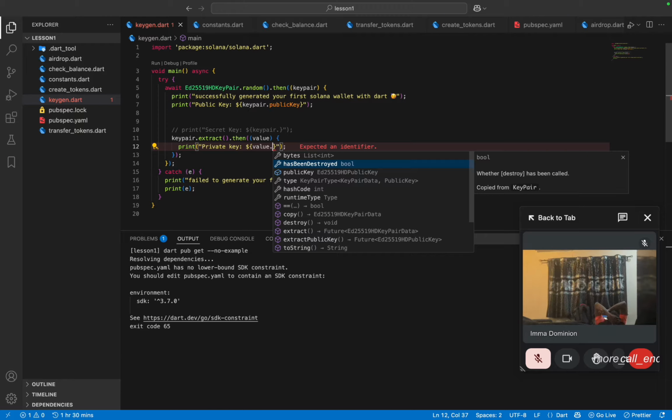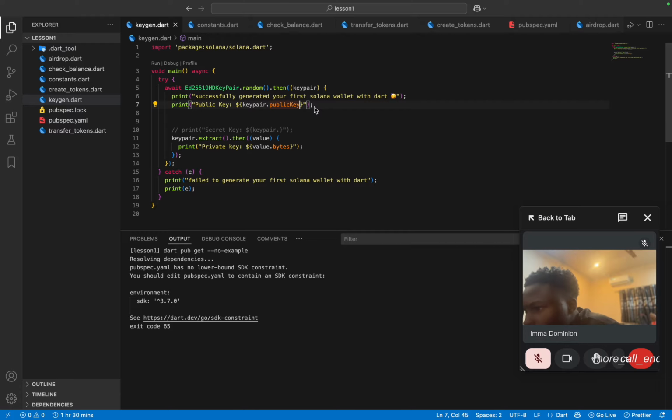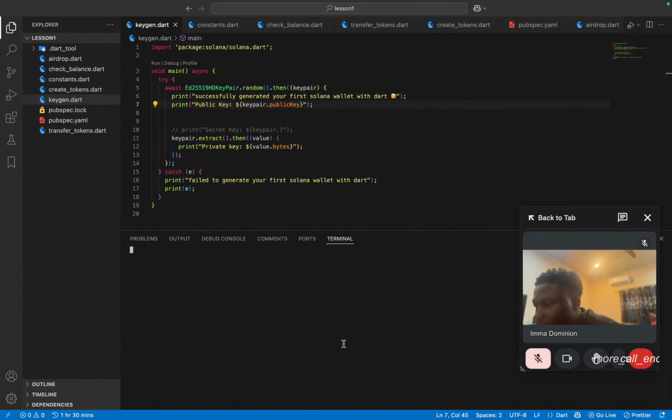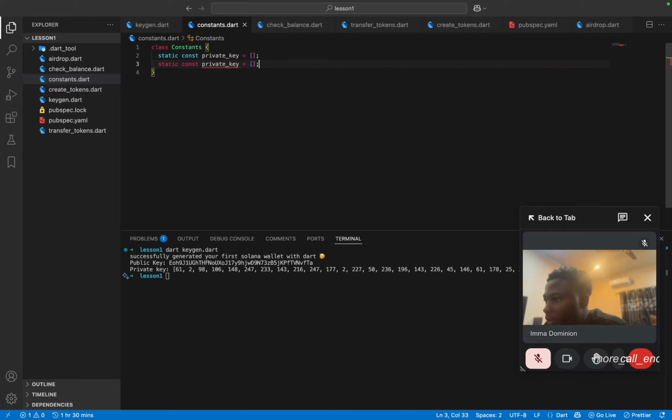Wait a minute. Or does it just work like this here? No, it doesn't. Yeah, you have to extract it. So now we get our public and private keys. We can check this out by using our terminal. You can quickly say solana-keygen. Hopefully this works on the first try. So we have both our public and private keys, and we're going to be storing them